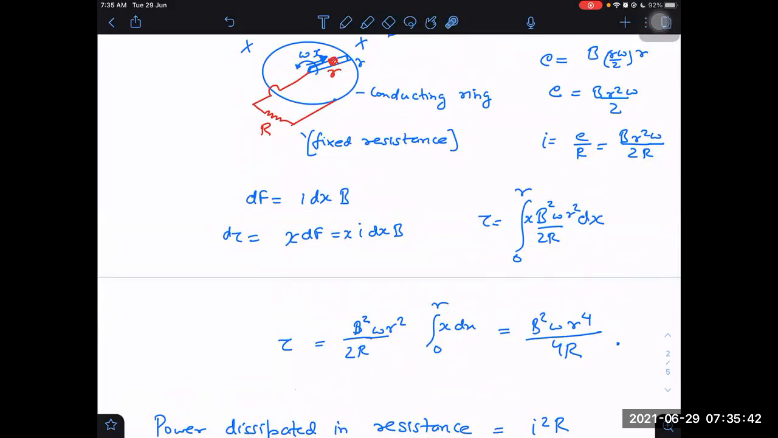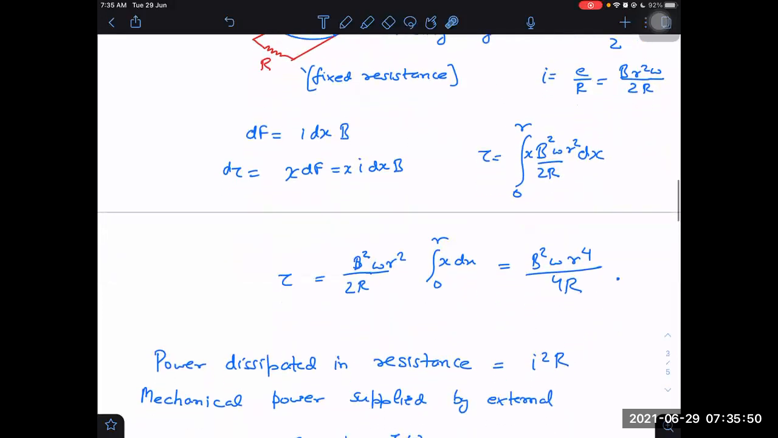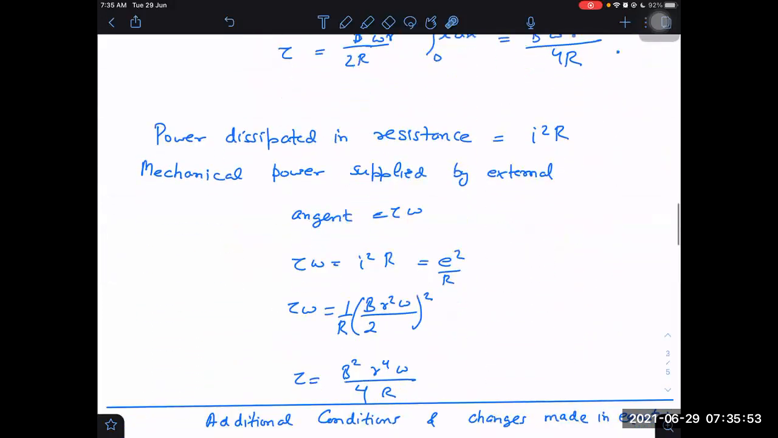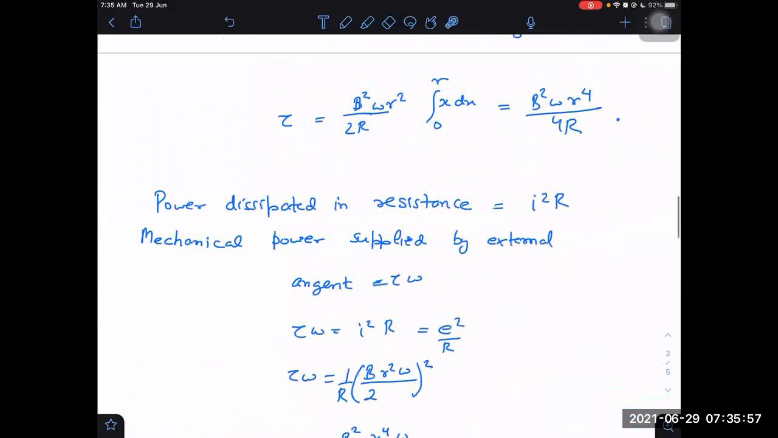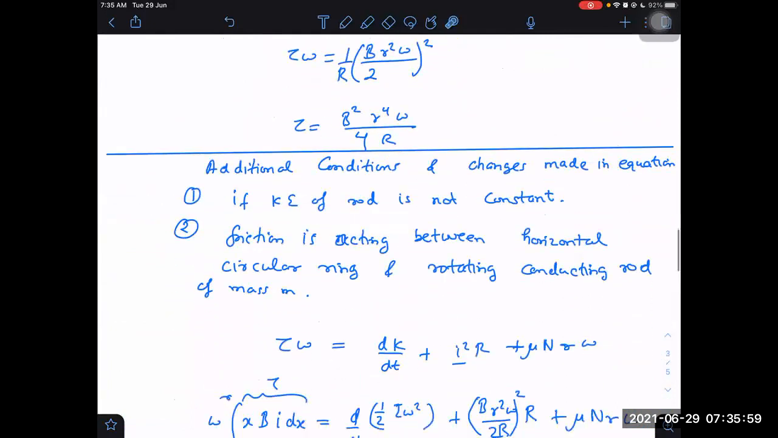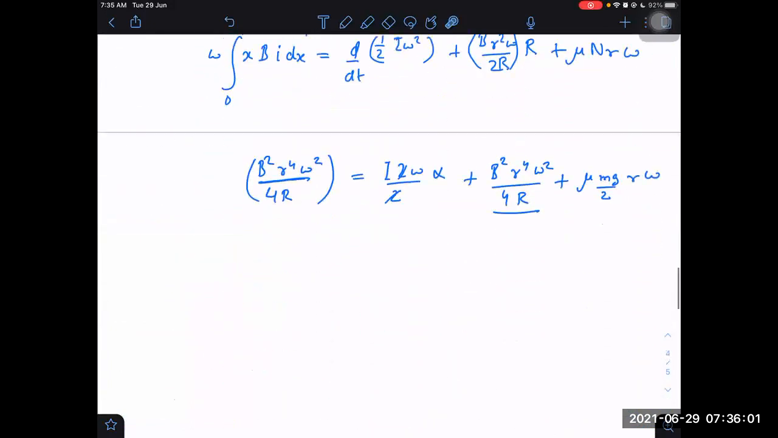We have to take dp now, sir. dp is equal to tau into omega. Omega is also varying now, sir. We have to take what? Power. Yes, sir. Power will be, at an instant, dp is equal to tau into omega. Omega is also varying now, sir. Time. Omega will be varying with time, right? No, I know omega will be varying with time, but I am saying that